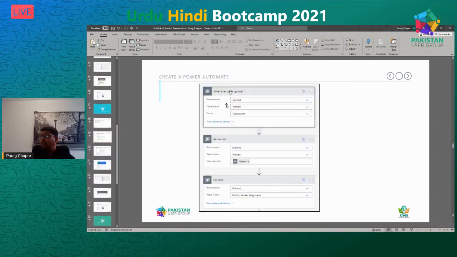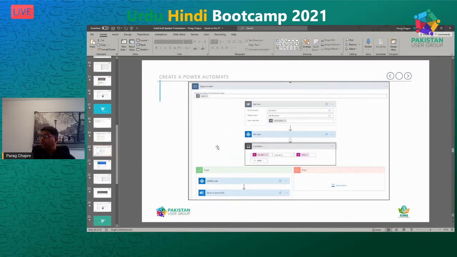So in the previous step, we used a create event, and here we are using the update event. And here will be the same, like we have to get the record from the workers, and we have to list down the records from worker position assignment. And here the only thing is we have to add a condition, we have to only update the current worker, not all the workers.